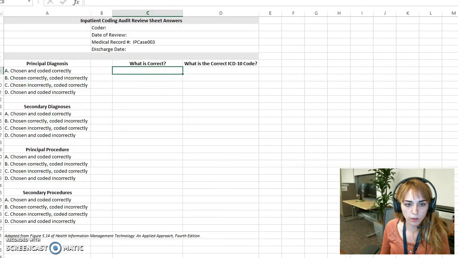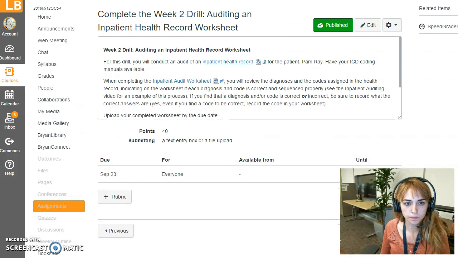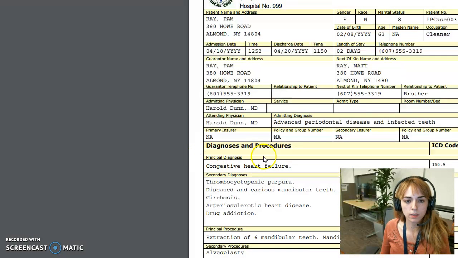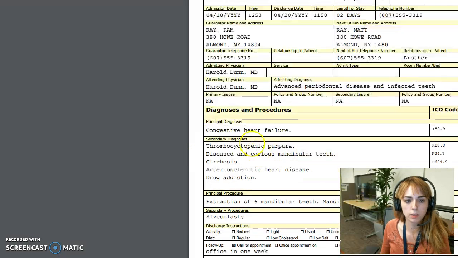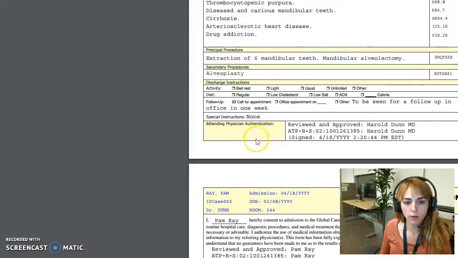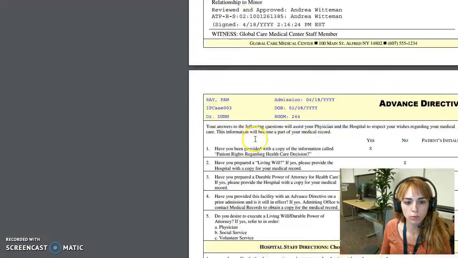So for example, going back to the first one here, if you scroll down, it says diagnoses and procedures. It's got congestive heart failure as the principal diagnosis listed on this paper, and then these are the secondary diagnoses listed. But if you actually scroll down here and look at the record,